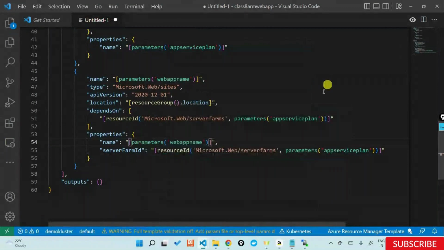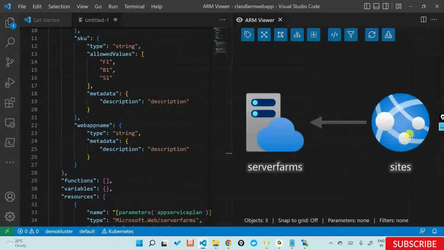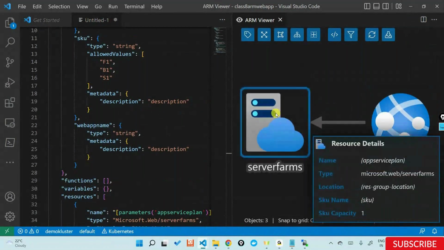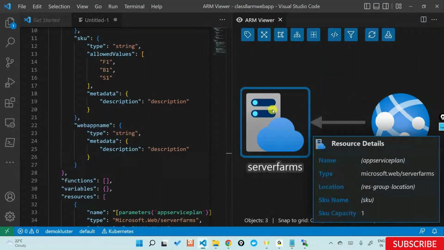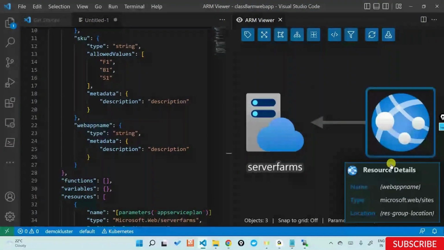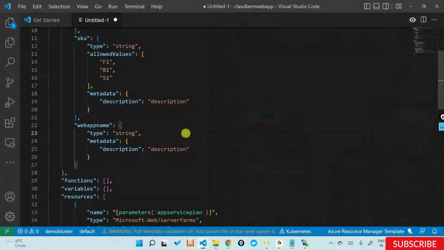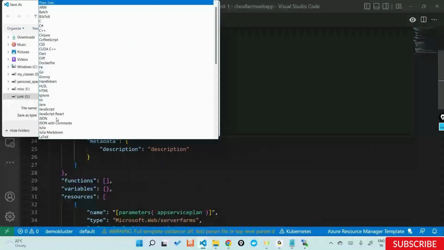So I have all these things in place. Now if you look at the template, it has a site, an app service plan, which is under something called an app service, or sorry, a web app, which is under something called an app service plan out here. So the name here is a web app name, and so on. I'll just close this out, save this template, and save it as something like, let's say,